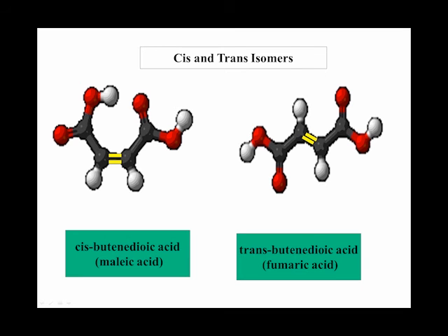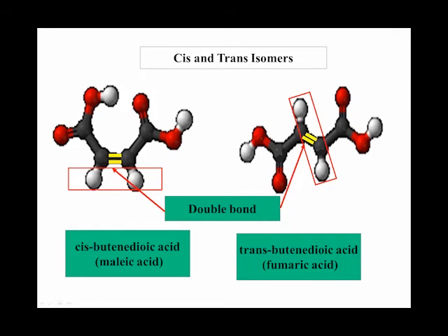Here's another type of isomer. They're referred to as cis-trans isomers. They involve molecules that have double bonds. The one on the left is referred to as a cis isomer. The word kind of reminds you of the term scissors, and you'll notice that the two atoms on the bottom of the double bond, which I have a block around,